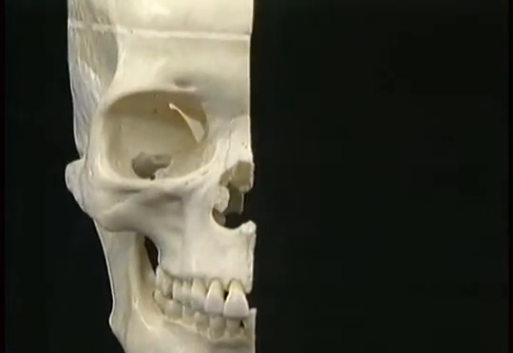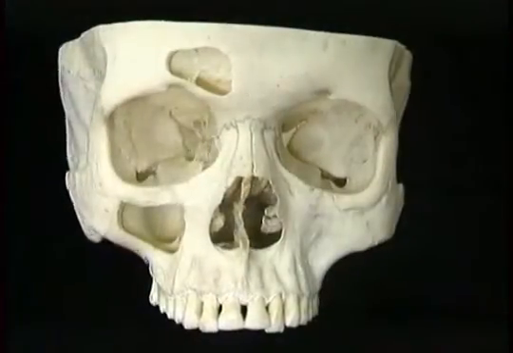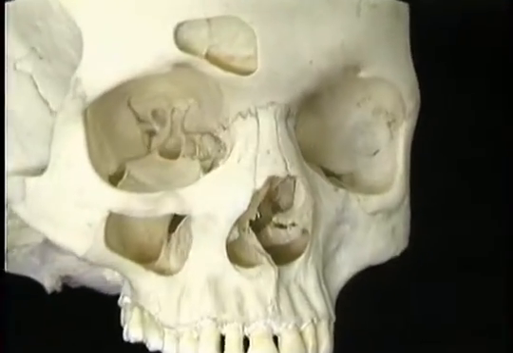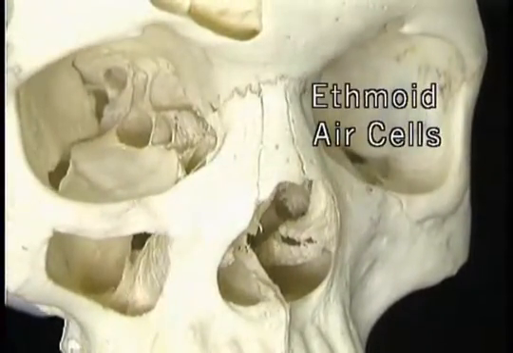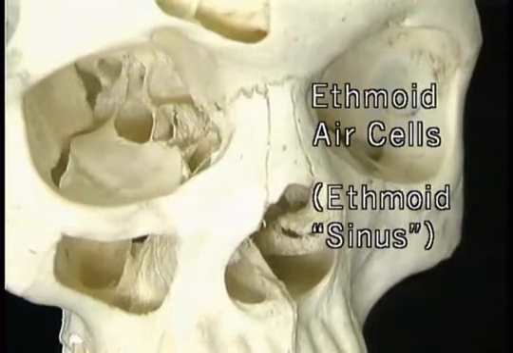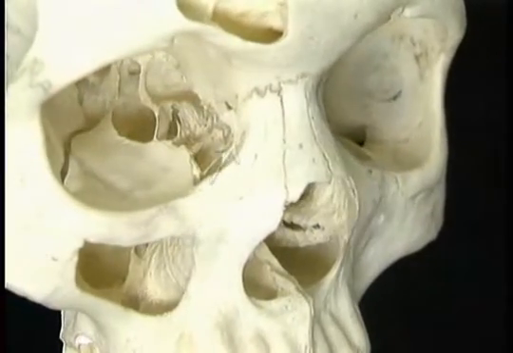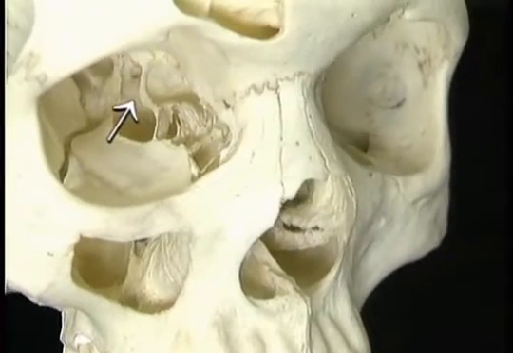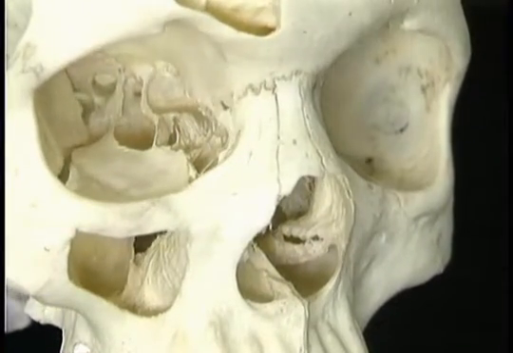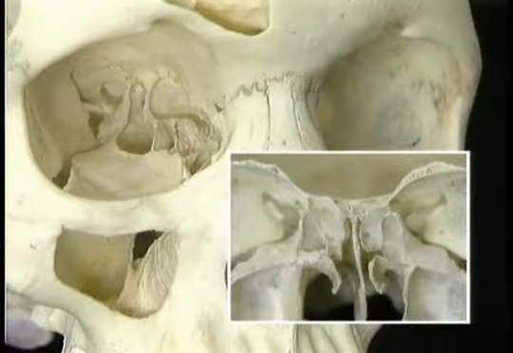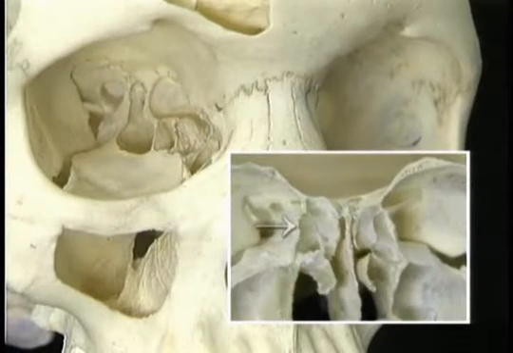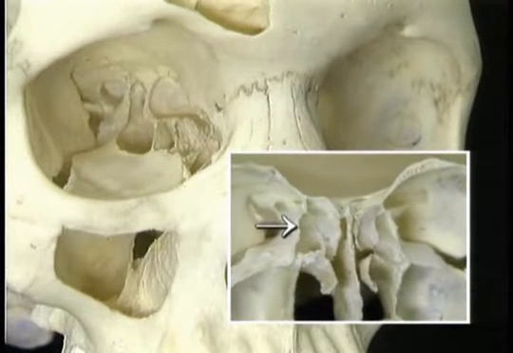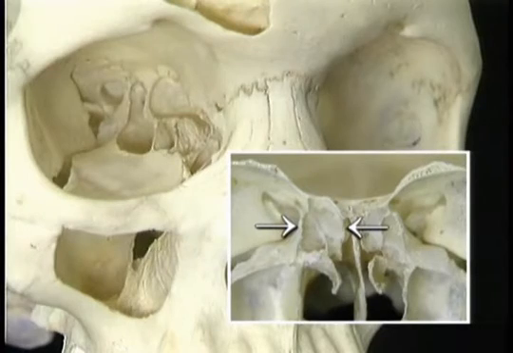Lastly, we'll come round to the front to look at the collection of small cavities that contain the ethmoid air cells, collectively referred to as the ethmoid sinus. These extend from just behind the nasolacrimal duct all the way back along the medial wall of the orbit. As we've seen already, the ethmoid air cells lie between the medial wall of the orbit and the lateral wall of the upper part of the nasal